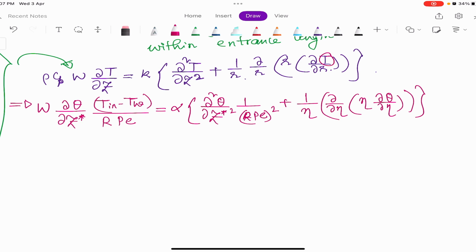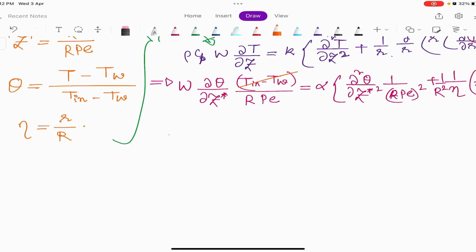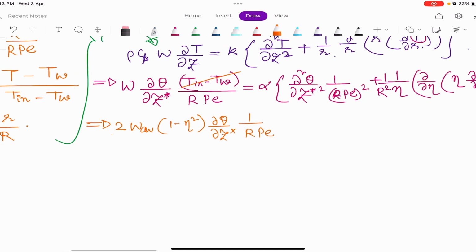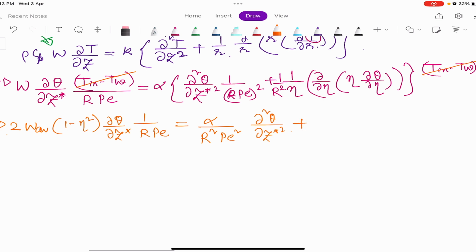and obviously 1 by R square will be there, and we will be having the T in minus TW. So I will be cancelling out these two. Then my equation becomes, so now let me put the value of W, and that is 2 into W average into 1 minus eta square, okay, and then I am having this thing Z star into 1 by R into PE, then I will be having alpha by R square PE square, this thing, right, plus I will be having